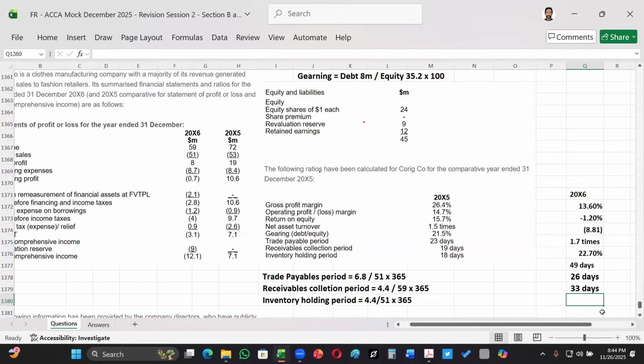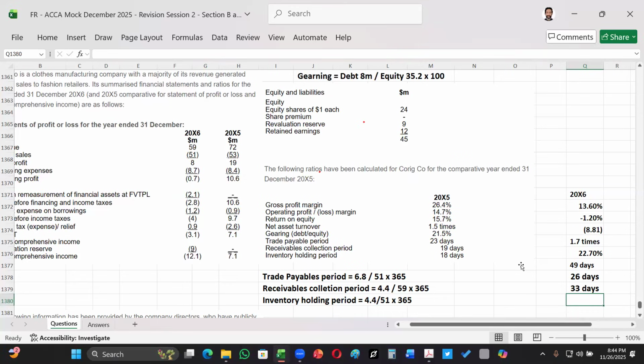So now let's compare the days here. The inventory holding period was only 18 days. So we used to hold inventory for less time, and now we are holding a lot of inventory. Because the sales have gone down, the receivables are also taking more time. They were taking 19 days to settle, but now they are taking 26 days. This might be due to the recession going on. Every business is struggling, and the payables we have delayed their days by a huge fraction. That is now 49 days.